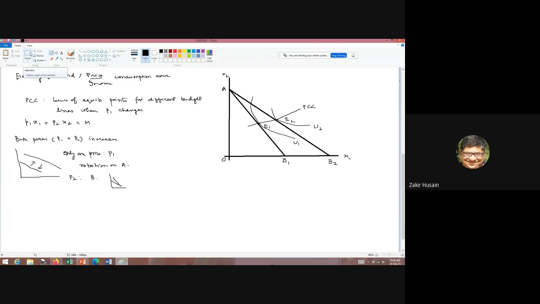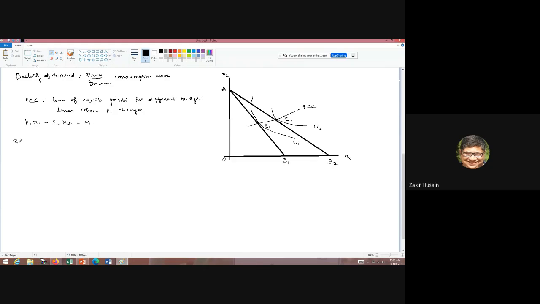একটু ফাস্ট করো। হ্যাঁ স্যার, দুটো প্রাইস একসাথে ইনক্রিজ করলে লাইনটা ইনওয়ার্ড শিফট করবে না? So M is constant here. হ্যাঁ সরি, আমি ঠিক উল্টোটা বলেছি। বোথ প্রাইস ইনক্রিজ করলে এইভাবে ইট উইল শিফট ইনওয়ার্ডস, আর যদি ডিক্রিজ করে ইট উইল শিফট আউটওয়ার্ডস। ঠিক আছে, so if both prices change you have parallel shifts and if only one price changes you have rotation। আচ্ছা, এখানে আমি শুধু P1 টা চেঞ্জ করছি সেই কারণে রোটেশন হচ্ছে।